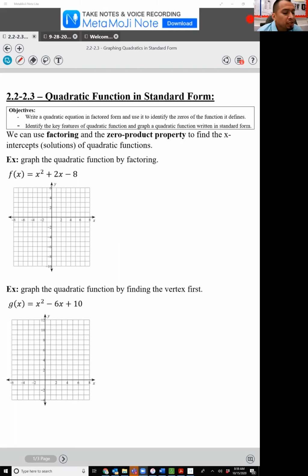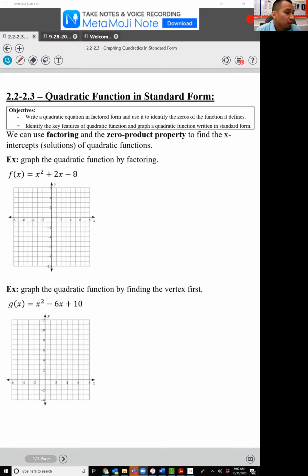Please make sure that you're writing this in your notes. Do not just watch the video and not write anything. Please go ahead and pause the video if you want. Go ahead and write everything that you see on the screen, and then whenever you're ready, you can unpause it and just watch the video and write everything that you